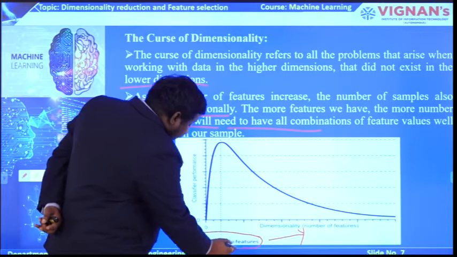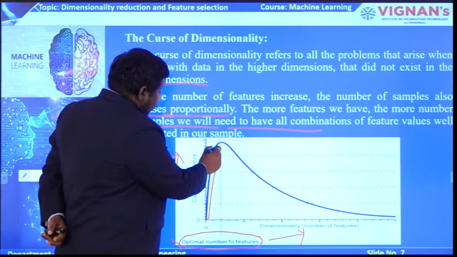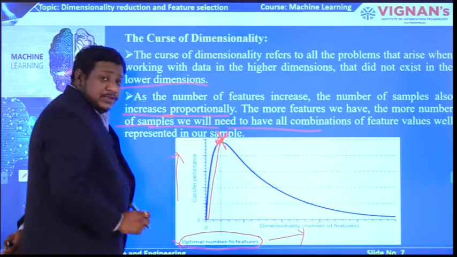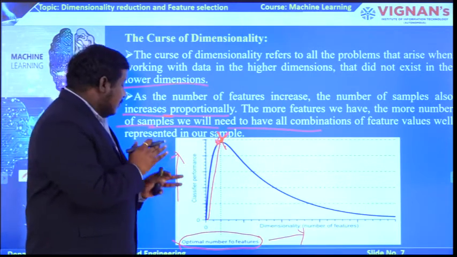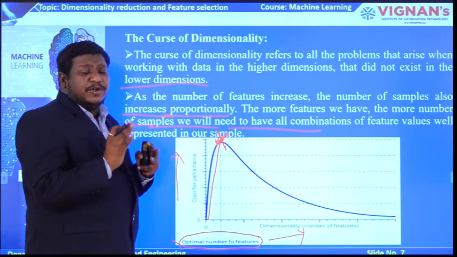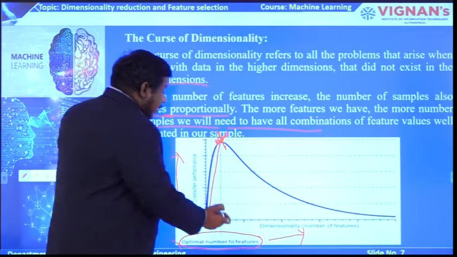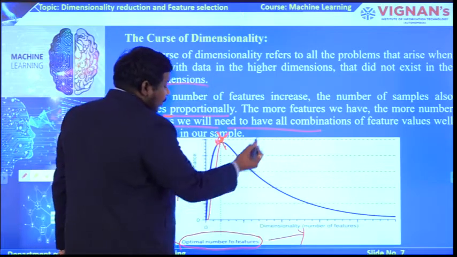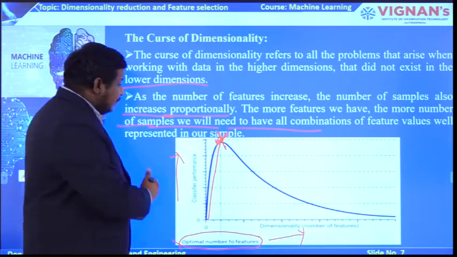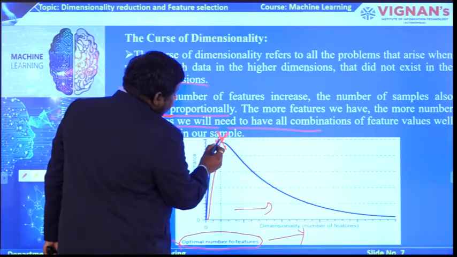When you have the optimal number of features, the graph has been increasing up to this level. So, this is the optimum level of features. Till that optimum level of features, you can see a good increase in the graph. That means your performance is going well in terms of the classifier performance. But after that, when the dimensionality is increasing more and more, that means more variables or more samples in the data set, you see there is a gradual or a sharp decrease in